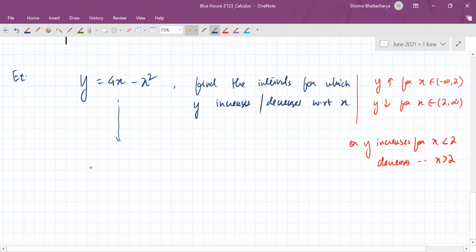So the method of doing this will be, again, the function is 4x minus x square. So the derivative of the function is 4 minus 2x, or we can just factorize this and write it as 2(2 minus x). Okay. So now we can see that